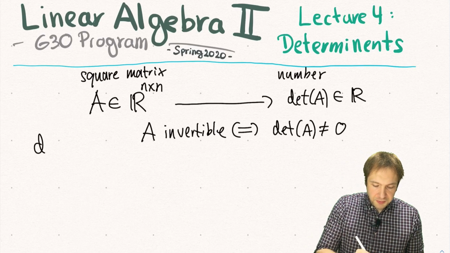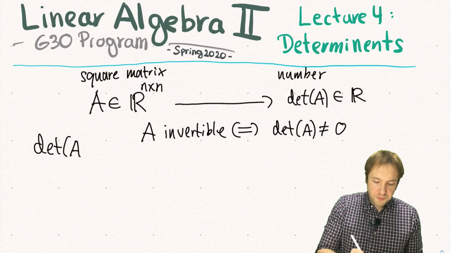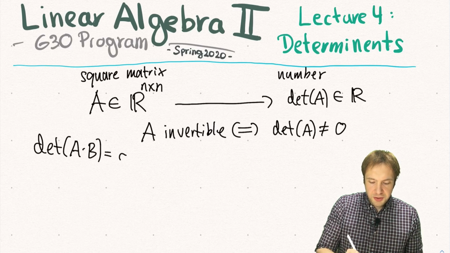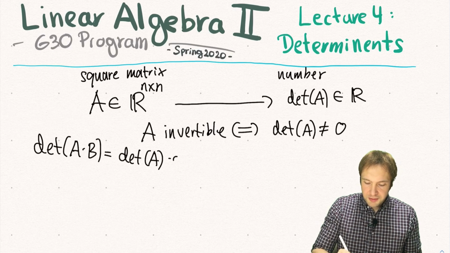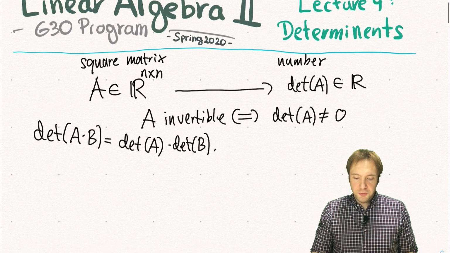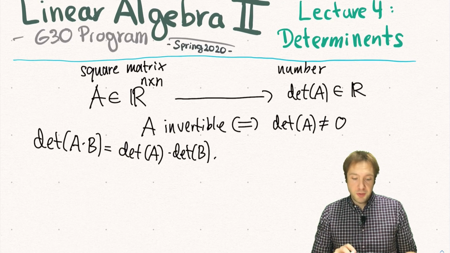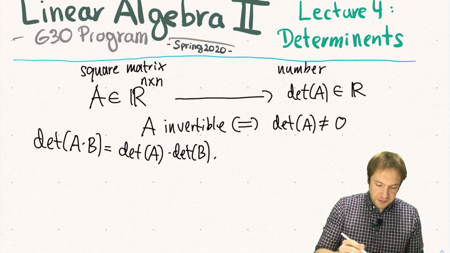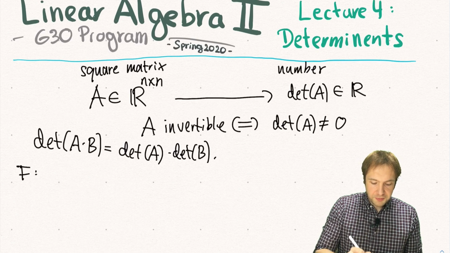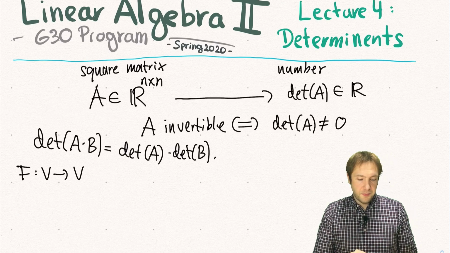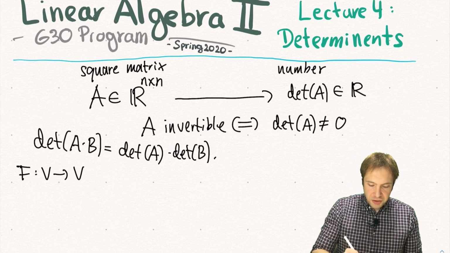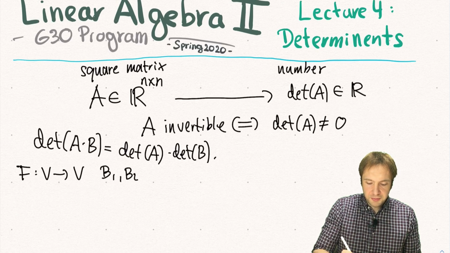For example, we'll see that the determinant of a product of two matrices will also be just the determinant of the first matrix times the determinant of the second. And this will also imply that we can assign a determinant to a linear map. So last time we talked about linear maps and the matrices attached to them. So if I have a linear map F from V to V and I choose a basis, let's say I have two different bases